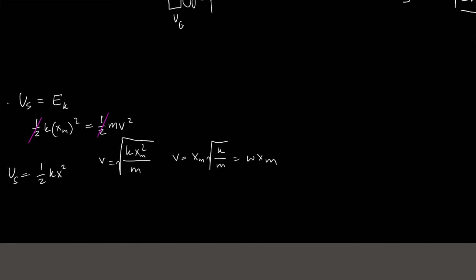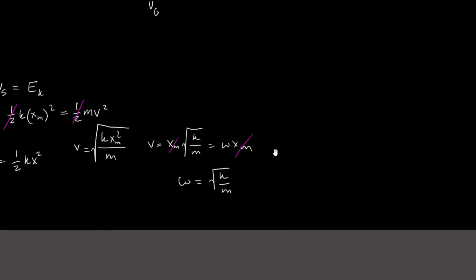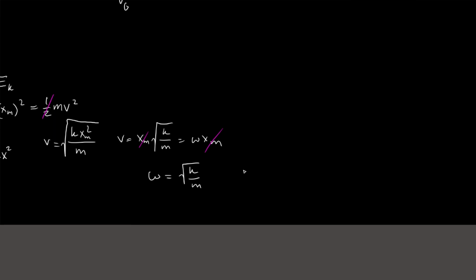Now we have x_m multiplying both sides, and we get omega equals the square root of k over m. Now we can do the same thing we did last time. We get omega is equal to 2 pi f, then f equals 1 over 2 pi times the square root of k over m,